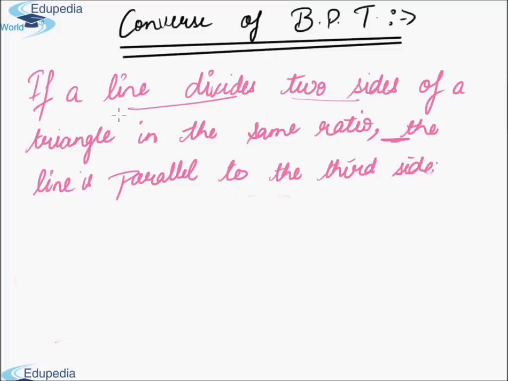This theorem, the second theorem on similar triangles, says if a line divides two sides of a triangle in the same ratio, the line is parallel to the third side. That is, if we have a triangle PQR